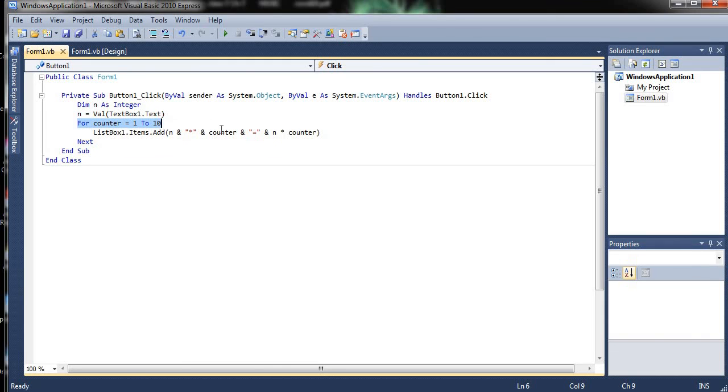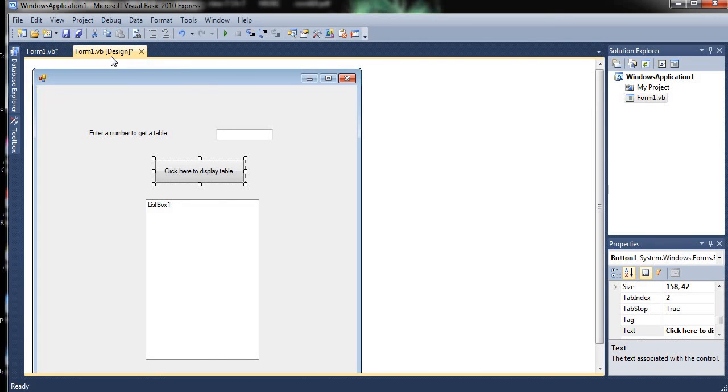And it will first print the first value, 1, and then after executing this statement it will change the counter to 2, then 3, then 4, and so on, every time it will change and execute this statement, and at last what will happen? After 10 it will be terminated, right? So this is the for next statement. Okay, I hope you understood the difference between the do while statement and the for loop.